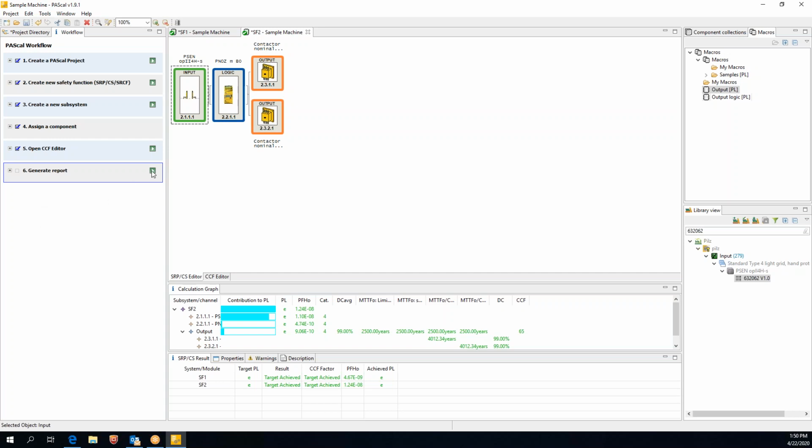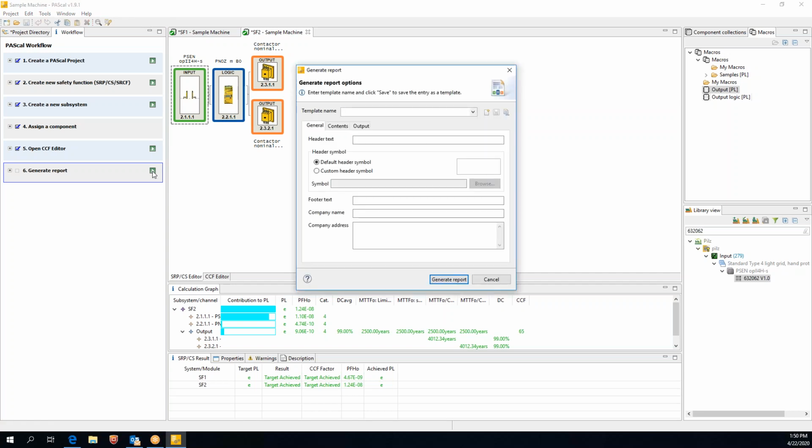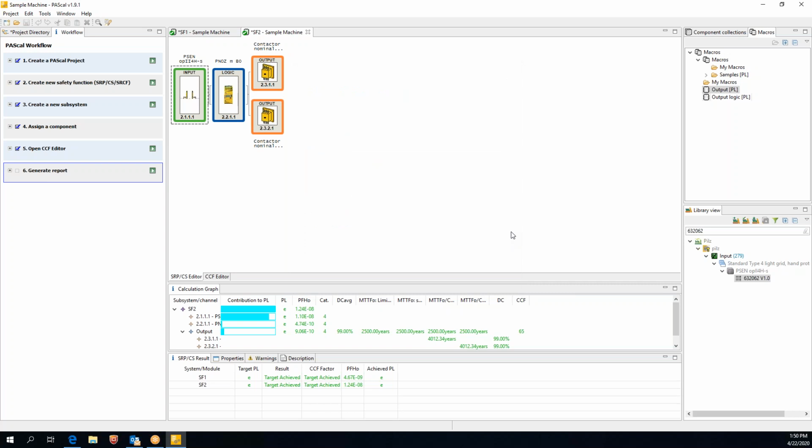I want to generate the report for this project. And how I do that, I'm just going to click the green button beside it. And it's going to ask me to enter a couple of items. Now you can really customize this section if you want to, make a really cool template name, enter your company's name. You could even enter some symbols, maybe if you wanted your company logo or whatever it might be. For me today, I'm just going to make it real simple and put in sample, just so we can see what this report actually looks like.